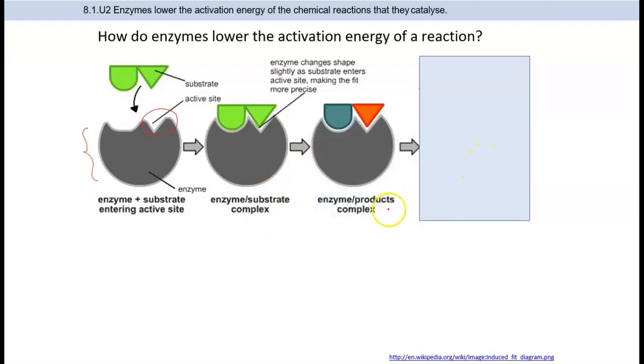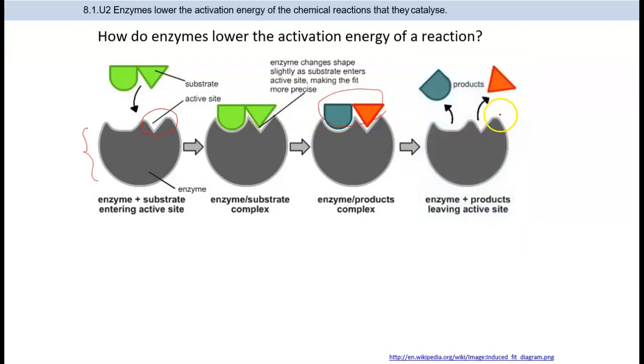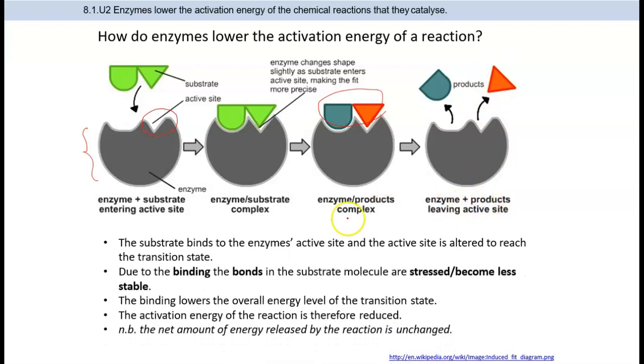And the next step will be the enzyme product complex, which means that the enzyme will do whatever it needs to do, and this substrate is no longer the first substrate, it has already been changed to a product. And then the last step is that those products will be released, so the enzyme product is leaving the active site. The substrates bind to the enzyme active site, and the active site is altered to reach the transition state, and then due to the binding, the bonds in the substrate molecules are stressed or become less stable, and